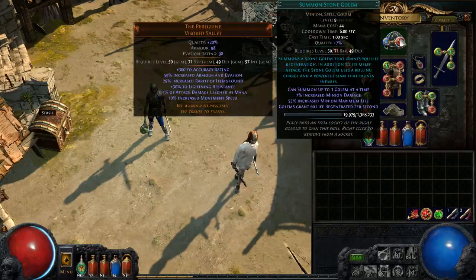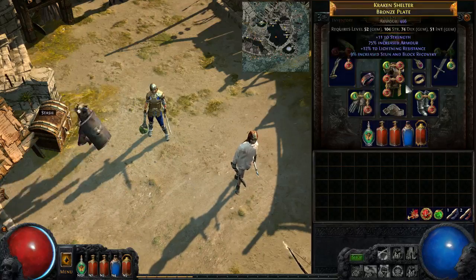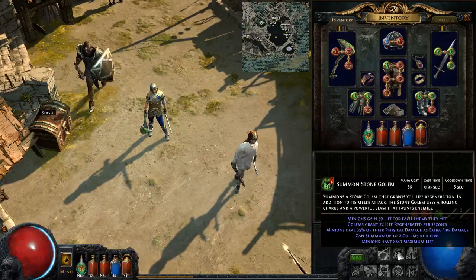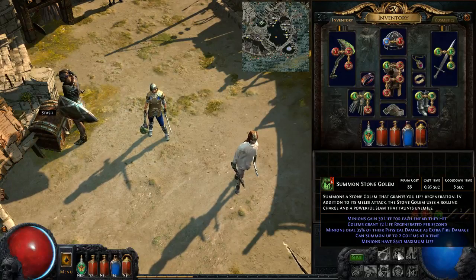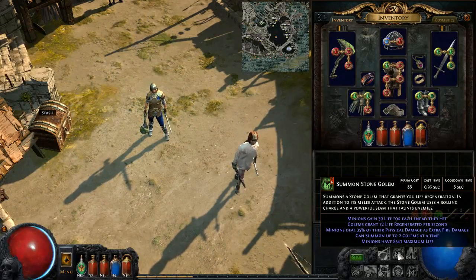So our current summoned stone golem is only level 9. So at level 12, we actually get quite a boost. You can see here the difference. Here is our level 9 summoned stone golem. It grants us minions gain 30 life each time they hit. Golems grant 72 life regen per second. Minions deal 35% physical as fire, can summon up to 2 golems, and minions have